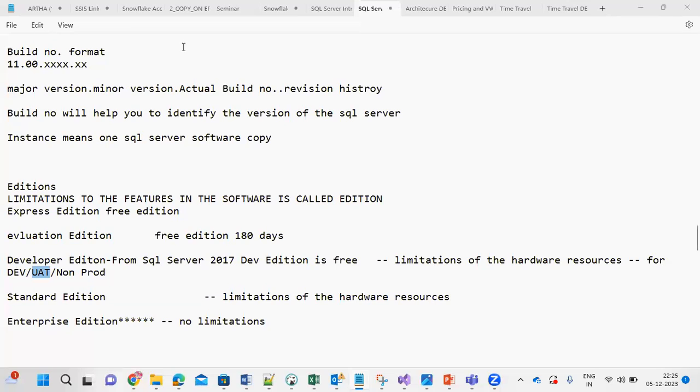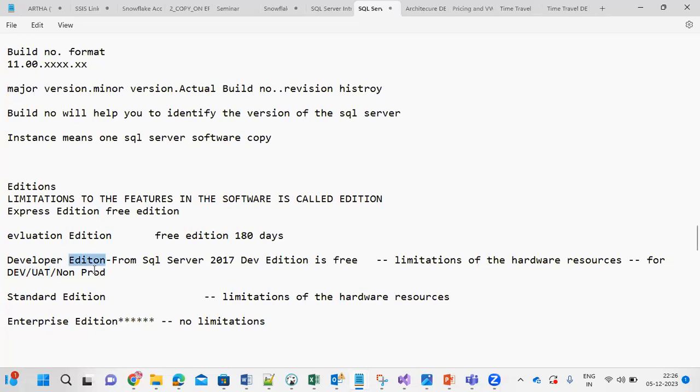Before releasing the product into the market, first they will create the design in a dev environment. Whatever the Amazon portal is working currently, instead of releasing that product directly into the market, first they will develop that product in a dev environment, and then they will test that product in a UAT environment. Once all the scenarios are covered, and as per the expectation your product is working, then only